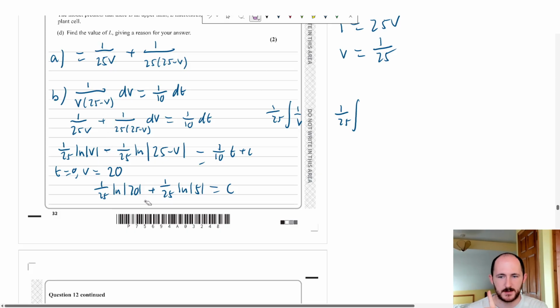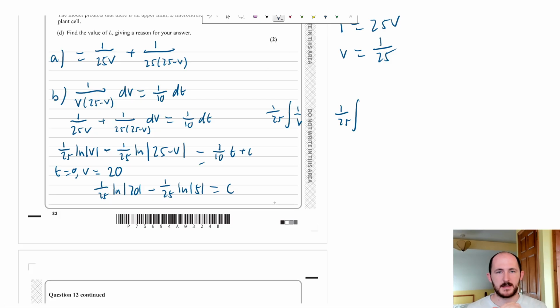That's something I spotted just now. Hopefully that makes sense, because when we integrate fractions, we're technically doing a reverse chain rule. So we need to differentiate, just to double check that we get the right value at the end. Now we can combine it. That'd be 1 over 25 ln 4